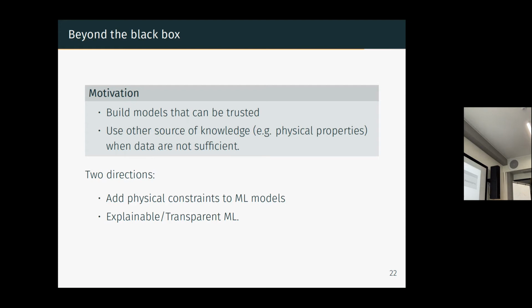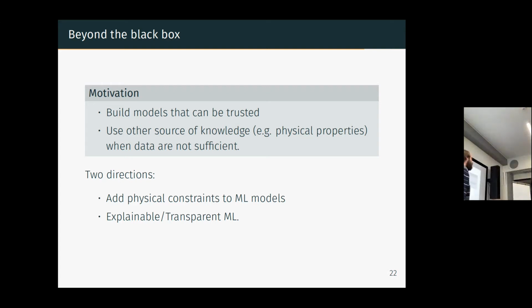Of course, if you want to train a neural network to represent energy, maybe this is something you want to add in your neural network. So you need to understand how it works to know at which part of the neural network you should enforce some constraint like that, because you have some knowledge. So there are two directions beyond the black box, to try to open the black box and know what the neural network does. One direction is to add some constraints to the machine learning. I say physical constraint, but it's a constraint from expertise or prior knowledge you have. So this is the first direction.